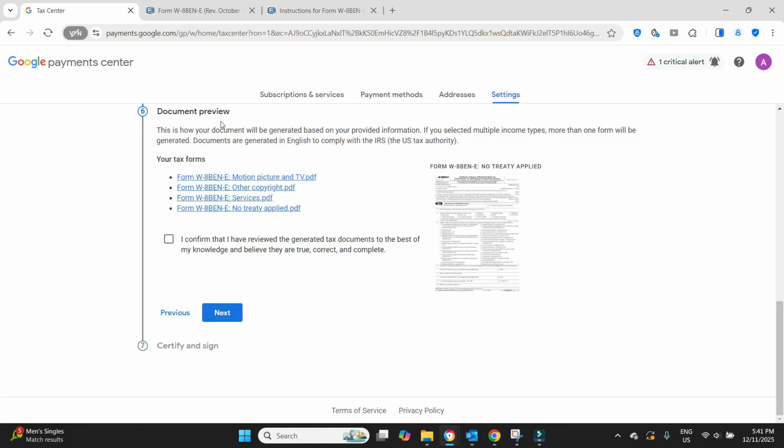Document preview. This is how your document will be generated based on your provided information. If you selected multiple income types, more than one form will be generated. Documents are generated in English. So here we can see the cover sheet of the physical W-8BEN-E form